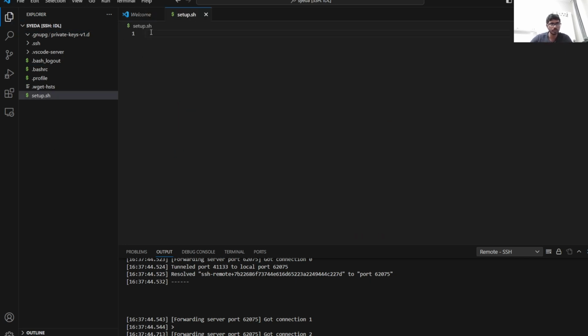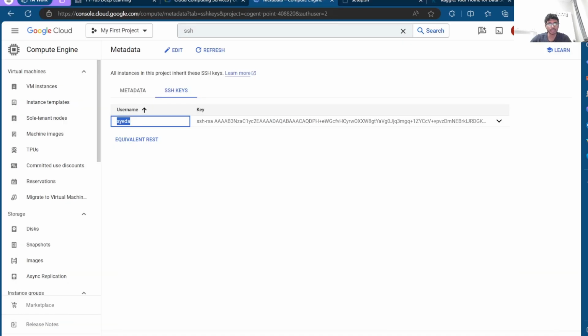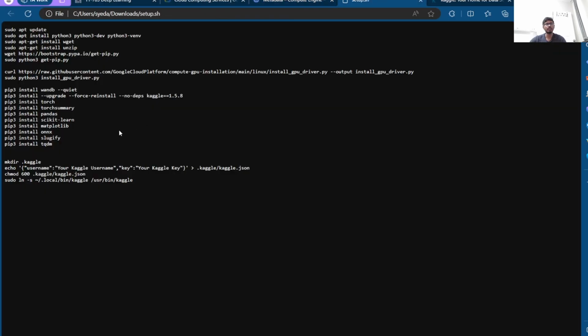We need to basically just copy paste the things that need to be set up over here. For that, I'll be giving you a file as well, the setup.sh file. You'll just need to copy this entire bit and paste it over there, but don't forget to change your Kaggle username and your key, which you'll find on Kaggle's website. So just take this entire bit over here,